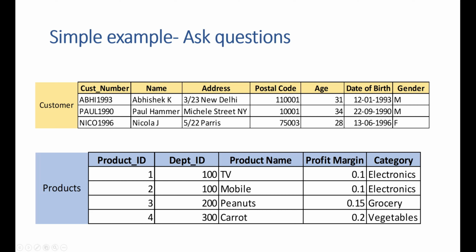After that, using this customer and products, there might be a sales transaction table where the customer and products will be combined, and a transaction will be made. But before that, we want to keep this data model simple, so this data model has only two tables: one is the customer table, the other is the products table. As you can see, the data is organized in table formats. This is exactly how the organization is in a relational database.